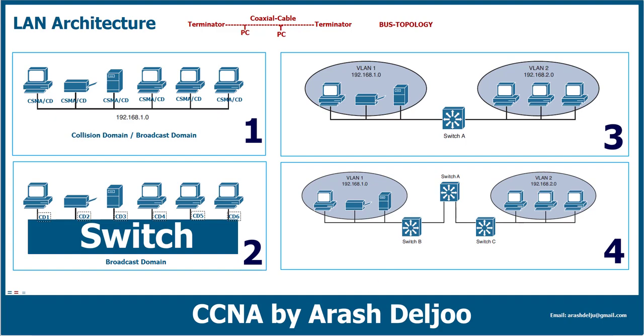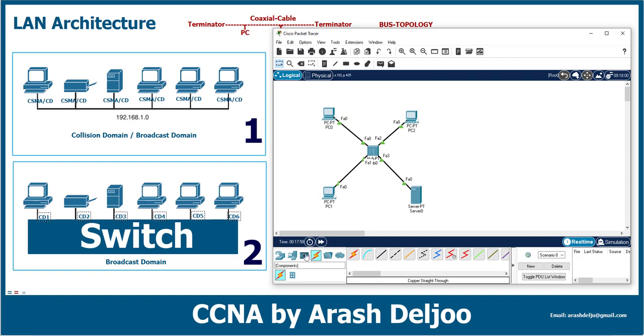Look here, this is our scenario. In this scenario we can replace the hub with one switch. Let me show you the next step. This is the next step. Now the hub is replaced with one switch. Again, we can use, for example, 3 PCs and also one server. Let me show you. Okay. After